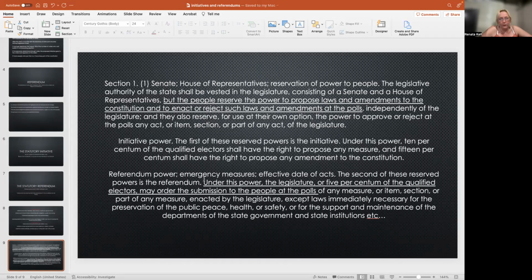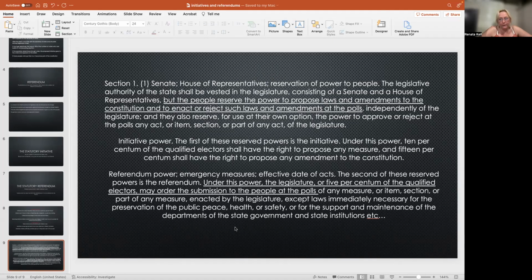And then it goes on to say initiative power. The first of these reserved powers is the initiative. Under this power, 10% of the qualified electors shall have the right to propose any measure. That's very strong. Any measure, like any measure. And then 15% of them shall have the right to propose any amendment to the Constitution. That gives more citizen power to be able to have a say in their government and their local government and their state and what's happening. And then the referendum power is very long, so I only gave a portion of it here,